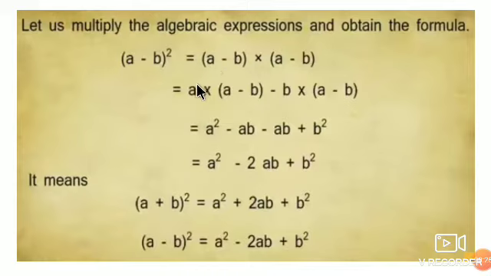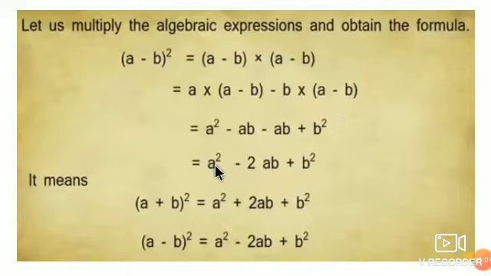Take out the first term a and keep the other bracket as it is here. This minus sign will come here. Then write b and the bracket again, a minus b, as it is. Write the whole bracket here. Now a multiplied by a is a square, minus sign will come here, a into b, ab. This minus sign will come here, b into a, ab or ba you can write. Now this minus into minus, you know that minus into minus will change to plus. So b into b, b square.